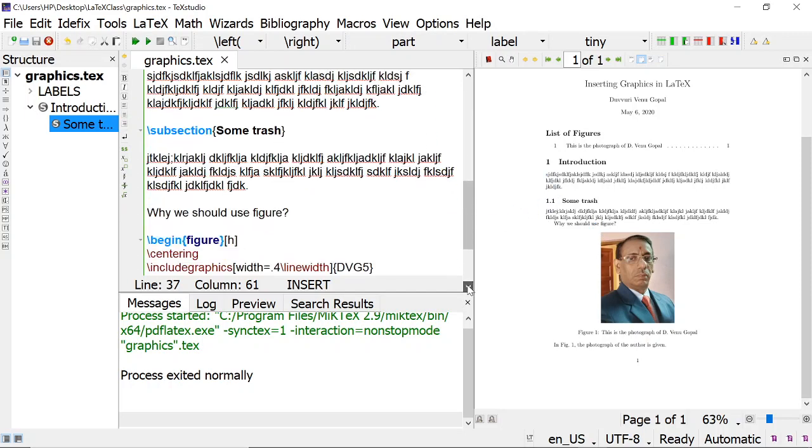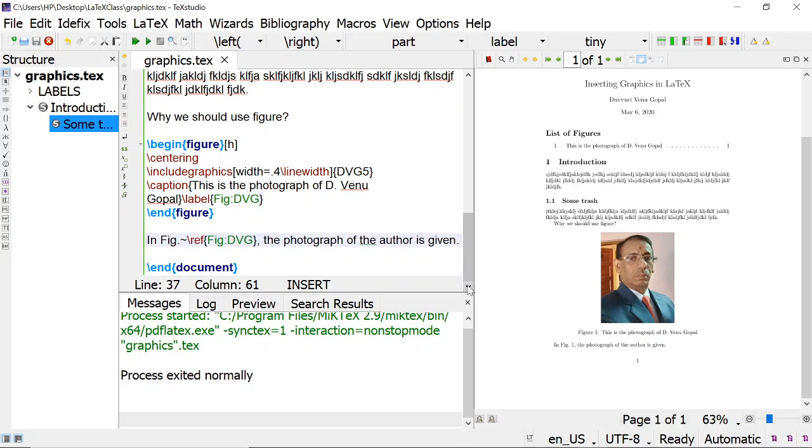So for the present, we have seen how to insert our figures in a LaTeX document. Today this is sufficient, I think, to practice this, and in the next session we will see how to create tables. After that we are generally ready to create a big document.